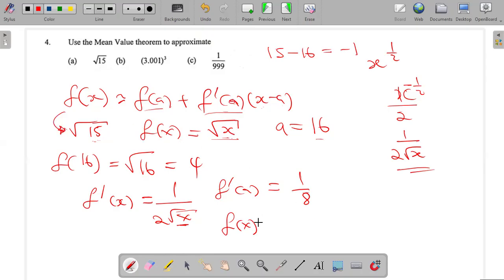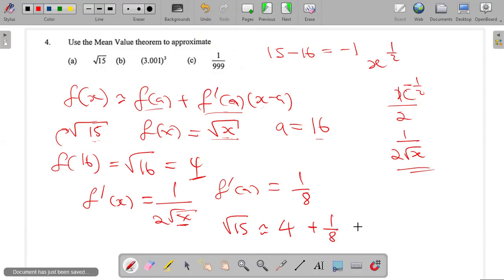So I can say directly, root 15 is going to be approximated by f of a, which we found to be 4, plus f prime of a, which is 1/8, multiplied by -1. So this becomes 4 minus 1/8, and this gives me